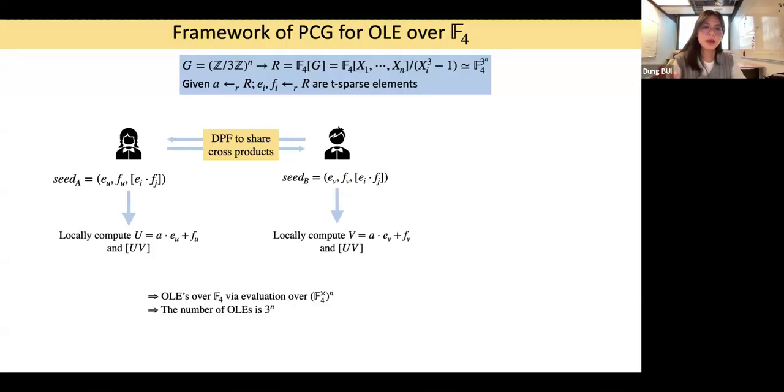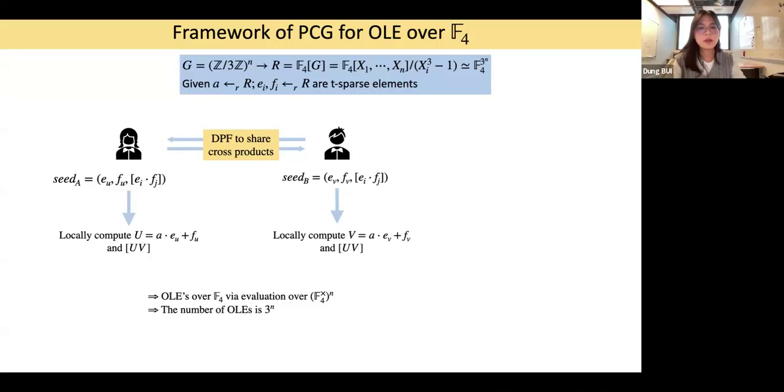And for the shared cross product, now the form of C will be CA, the EU, FU, and EU, FU is the D-star vector together with the share of the cross product obtained from the distributed point framework. And correspondingly, we get the same form for CB. And then from CA and CB, following the BCG framework, you locally compute U and V and the share of the product between U and V, and you get the early over F4